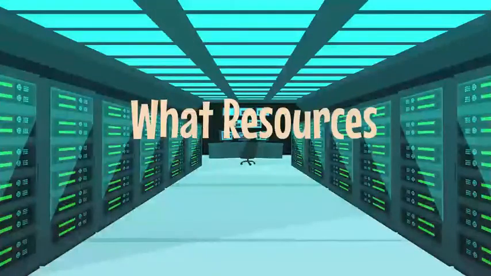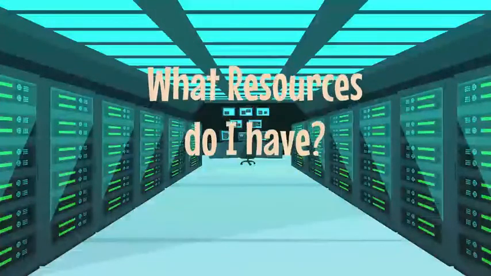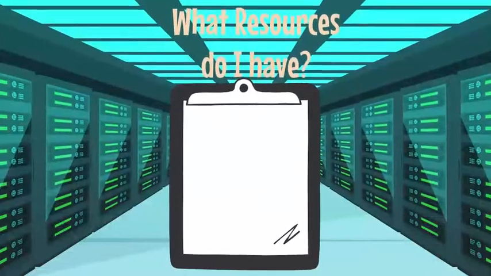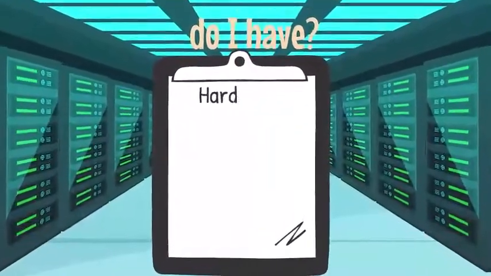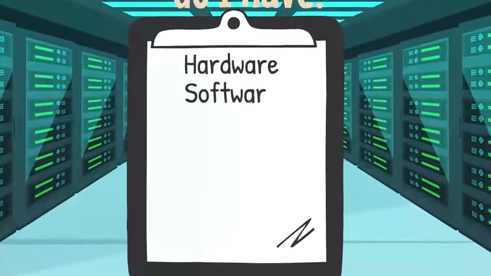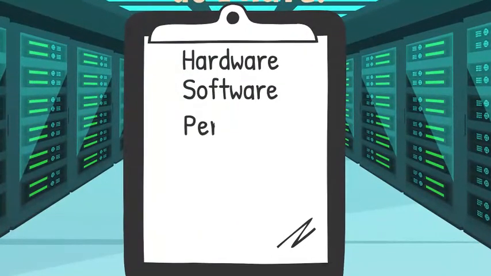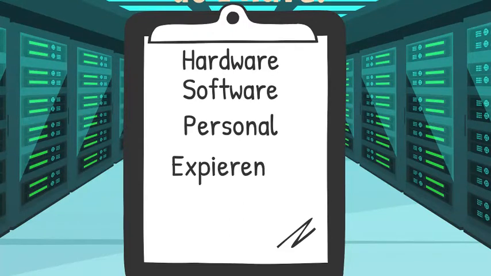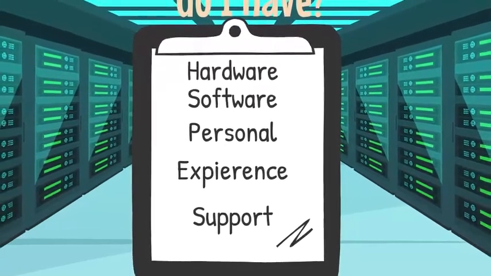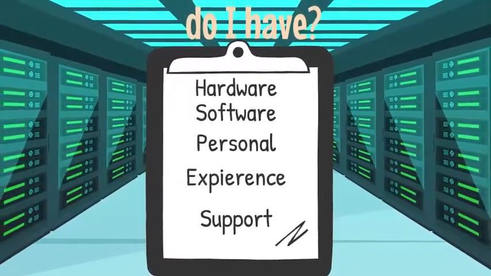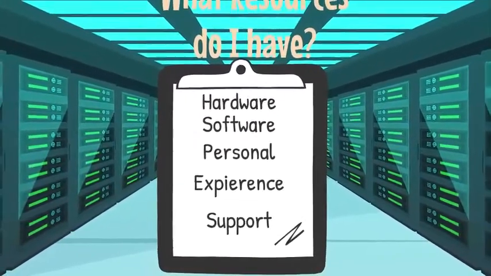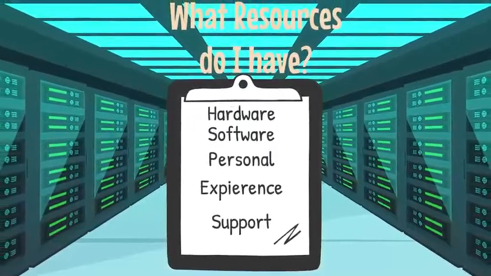Next, what kind of technology do you have access to? Write down your list of resources. What kind of hardware is available? What software or programs do you have? How familiar are you with these programs? How comfortable are you learning new programs? What kind of technology support is available to you? Again, this is not an exhaustive list, but is intended to get you thinking about what you have and don't have, as well as your personal experience and comfort with technology in order to make the best decisions for your